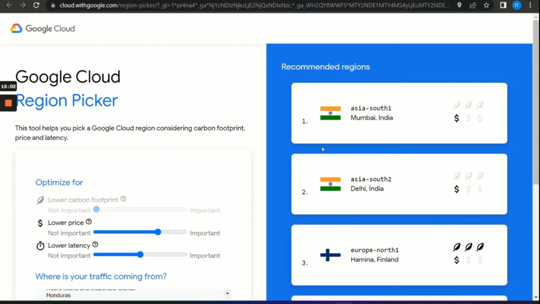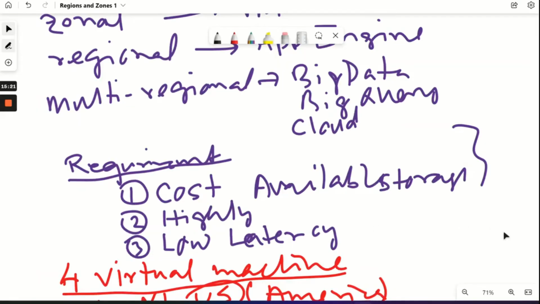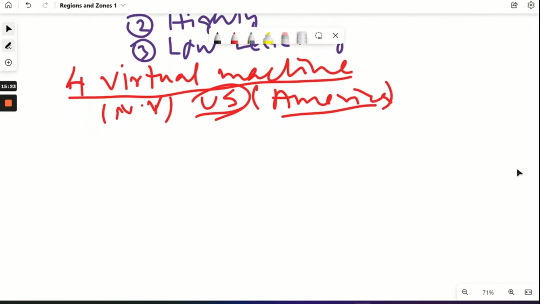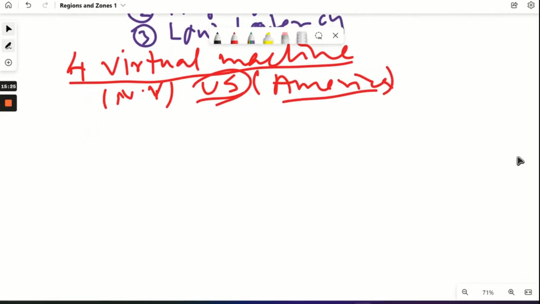You see that? Because if I'm in India and I create the data center, or the zone or region away from me, like in America or Europe, then definitely the latency will be more or high. And what is latency? How to understand what is latency? Let me tell you. Latency is nothing but a concept that